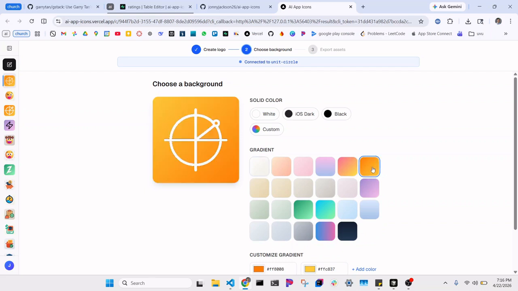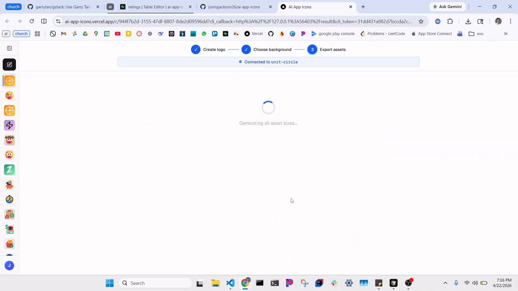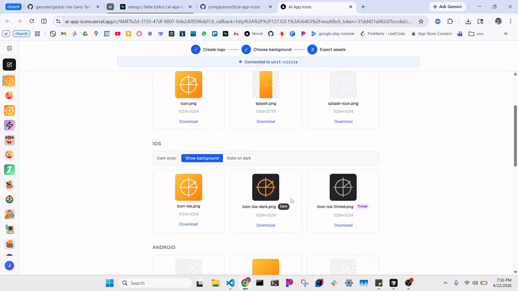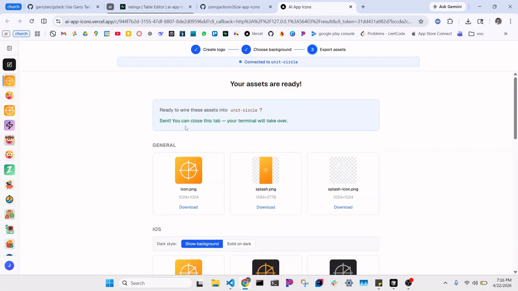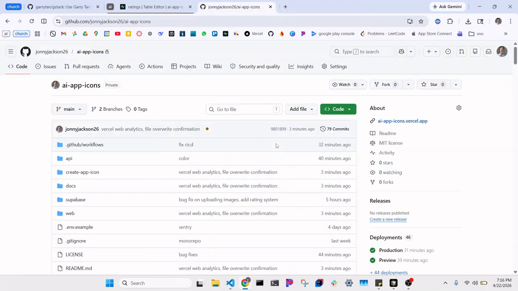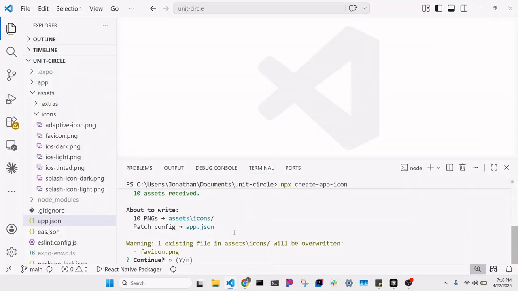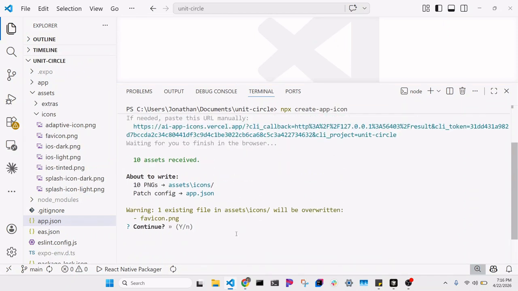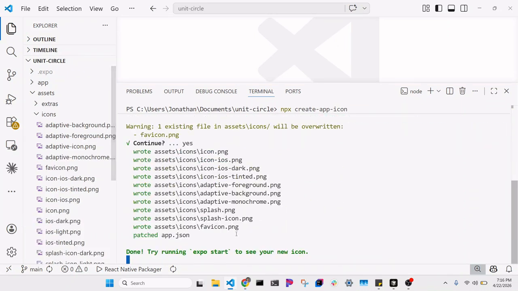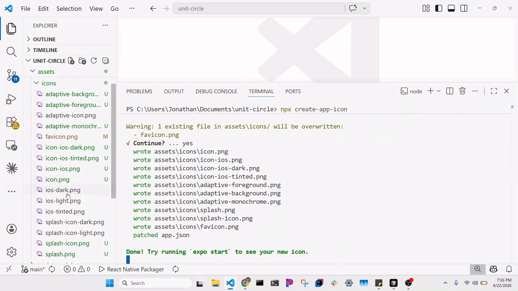I hit select background and I think I liked this background. So I'll generate the assets, and then here it will list every single asset that you need for web, for Android, for iOS, for dark, light, tinted variants. And as you can see, I wire them up into my actual project, and they're all back here locally in my terminal. It just asks for confirmation before you overwrite, but then once you do, all your files are here,